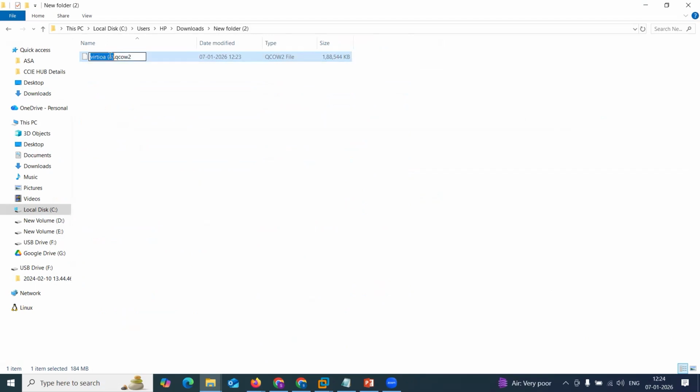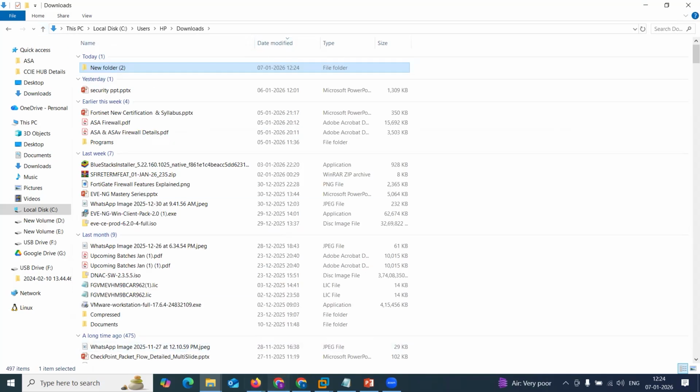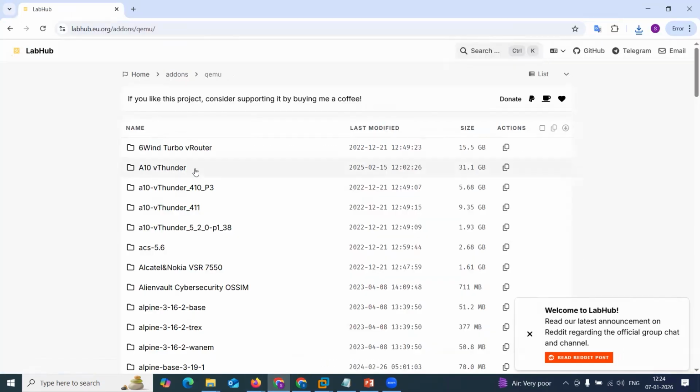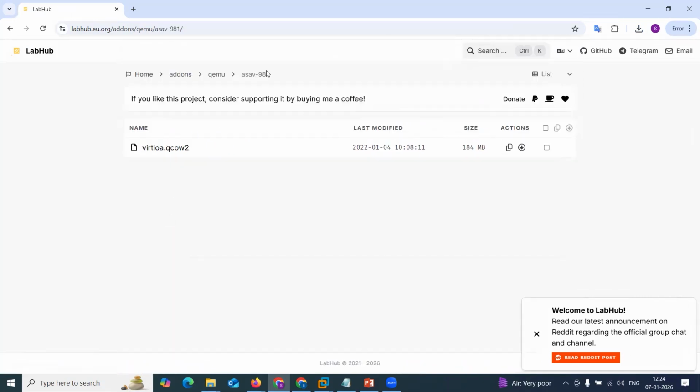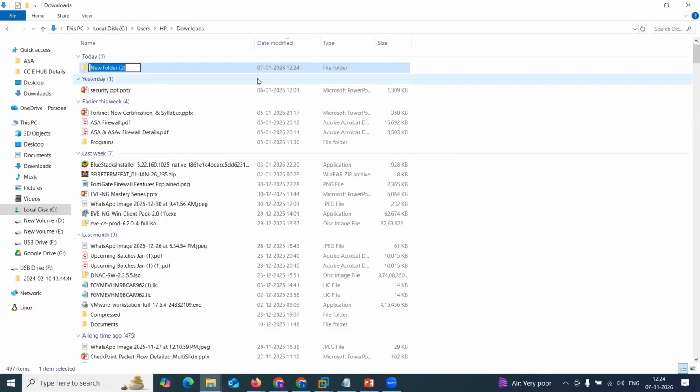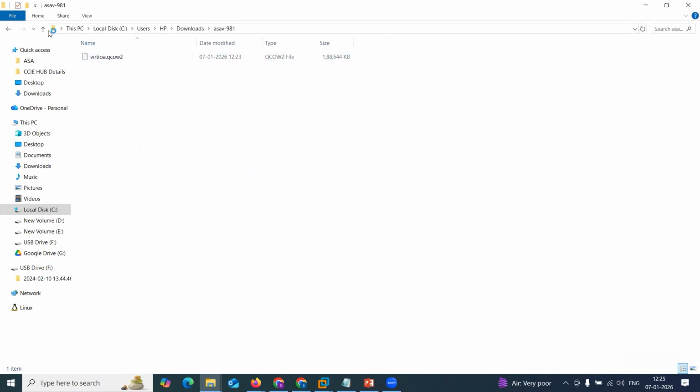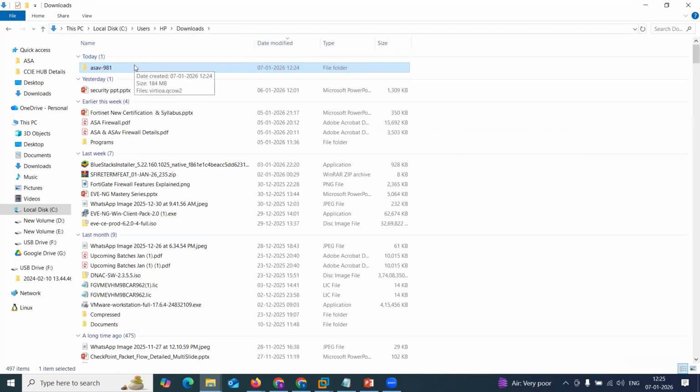Now rename it, because the names should match the hash value. And this folder name also should match exactly the same as what we have here. Make sure you take the same folder name. Let's say from here I'll take this folder name and put it over here. So now, based on my EVNG, my folder name and the image are ready over here.